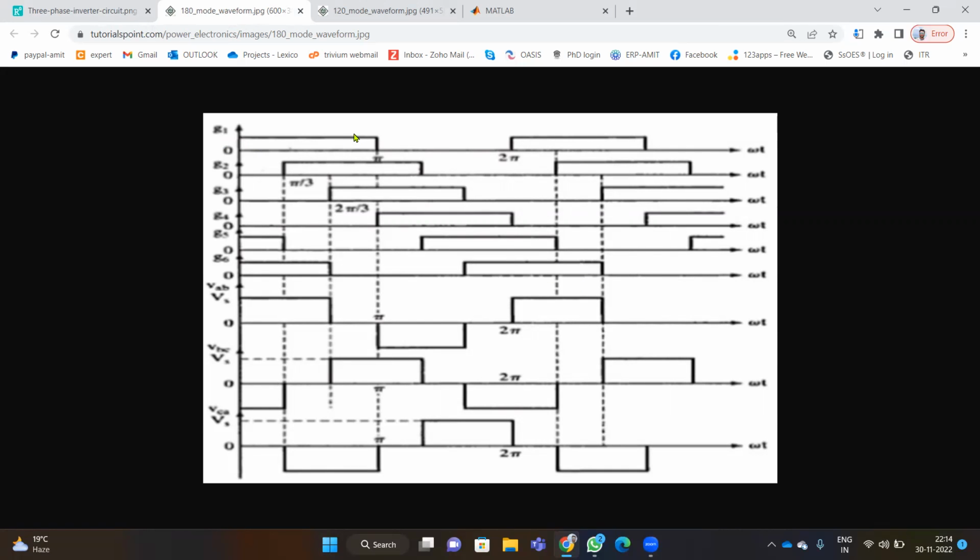Now see, the pulses given to the thyristor or any switch are conducting for pi, and then from pi to 2 pi they are off. They are on for 50% of the duty cycle and then off for another 50%. So every switch is conducting for 180 degrees. According to this, we get a 180-degree mode conduction inverter. Whereas if you want a